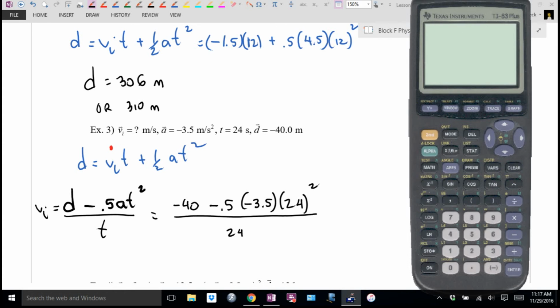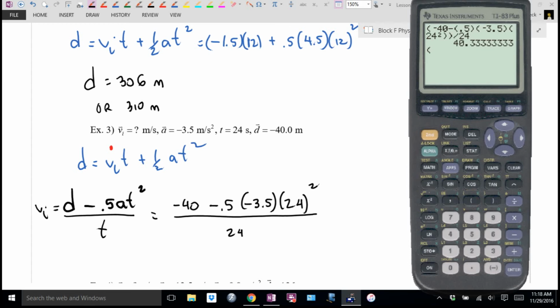I mentioned a few minutes ago, I don't use brackets to show timesing on my calculator. I use them to show multiplying in my handwriting. And the reason is, if I actually wrote on my calculator how I wrote it here, it would look like this. Just watch, don't do this. Negative 40 minus bracket 0.5, close bracket, bracket, negative 3.5, close bracket, bracket, 24 squared, close bracket, close bracket. I'm going to argue that's really confusing, because it's tough to tell what's on top and what's on the bottom. I'll get the right answer because I know how to type this, but